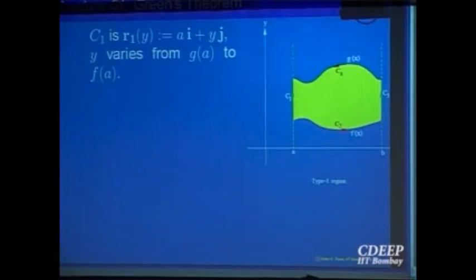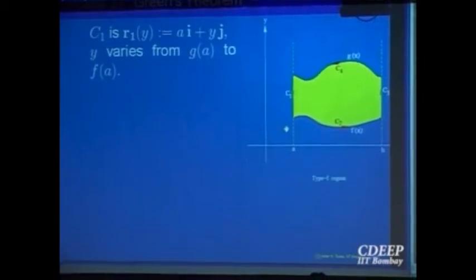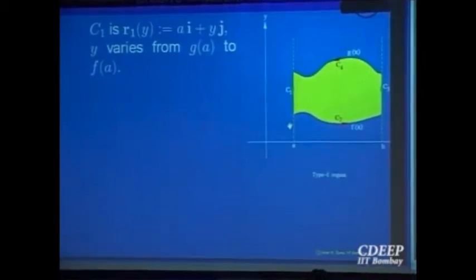So to calculate a line integral, we not only need orientation, we also need a parameterization for the boundary curve on which you want to integrate. That is the first step. So let us give orientation and parameterizations for this. For C1, what will be the parameterization? X is fixed at a, only y is varying, right? So ai plus yj, and y goes from b to a, right? It is not going from a to b, it is going from b to a.